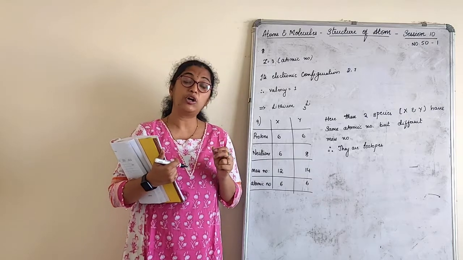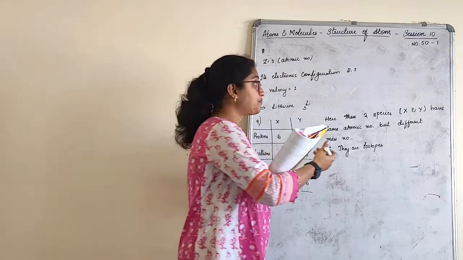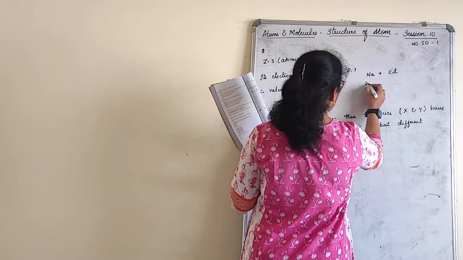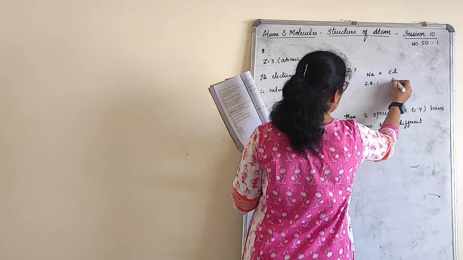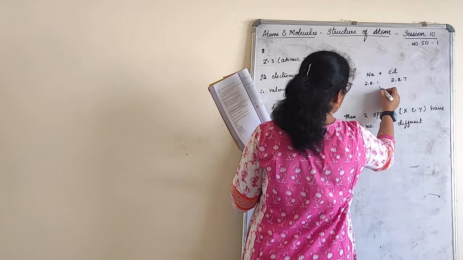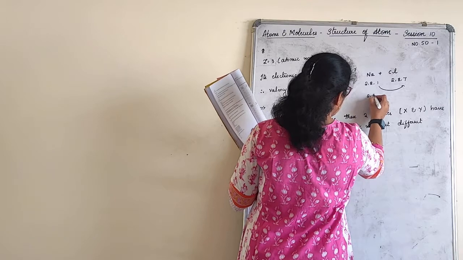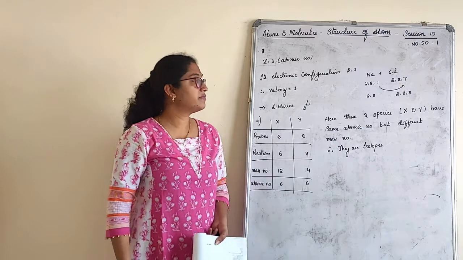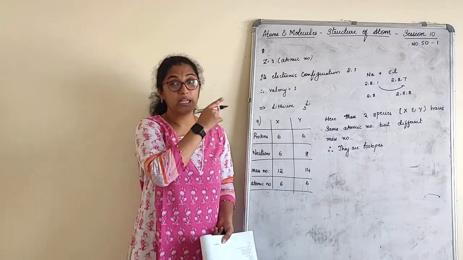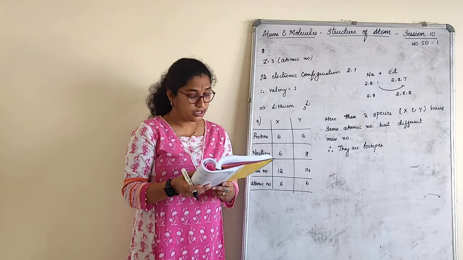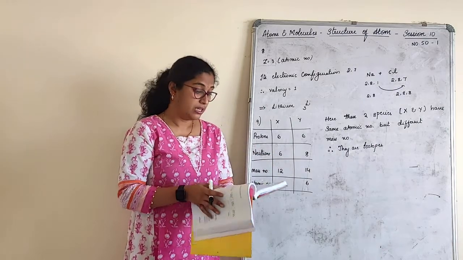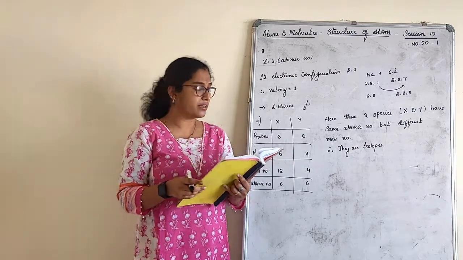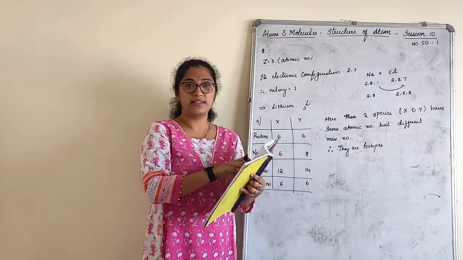What do you mean by ion? When the exchange will happen. See. Sodium plus chlorine. So this is 2, 8, 1. This is 2, 8, 7. So when 1 goes here, this will become 2, 8. This will become 2, 8, 8. Now tell me what is the valence electron of chlorine ion? It is 8. Understood the question here? Option is 8. Similarly, the next MCQ, which one of the following is the correct configuration for sodium? Anyhow, we have written 2, 8, 1 is the answer.